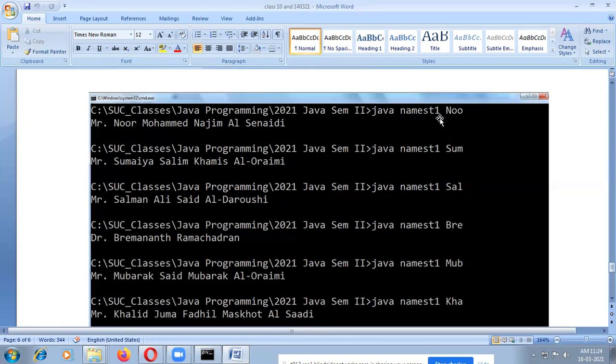Java name one, this is the class name, NOO, Noor's full name will be displayed. SUM, Sumaya will be displayed. Then Salman, Brahim, Mubarak, Khalid, all names will be displayed using command line arguments.